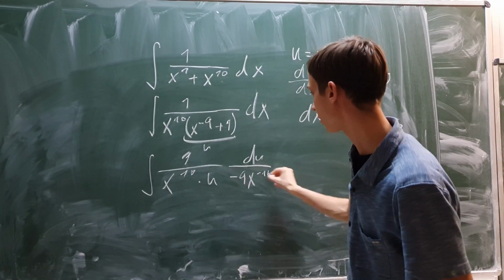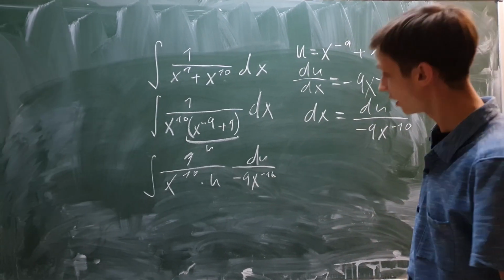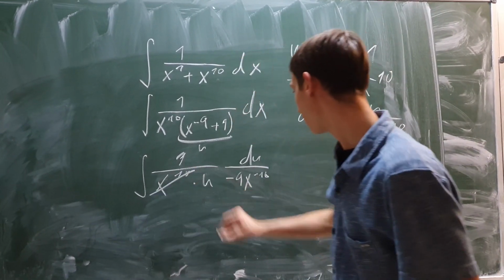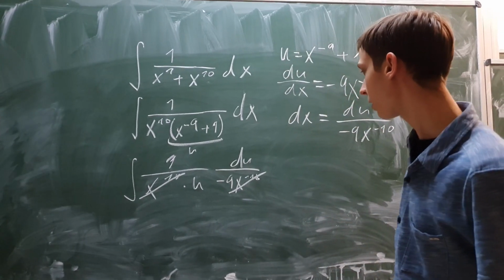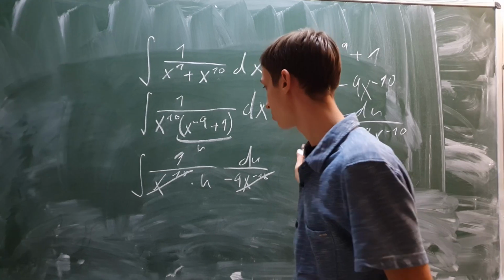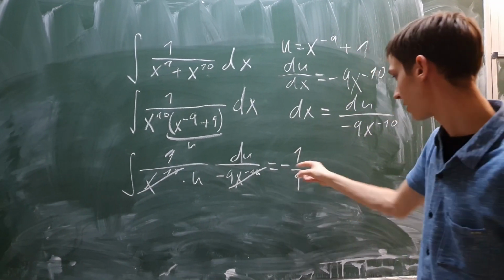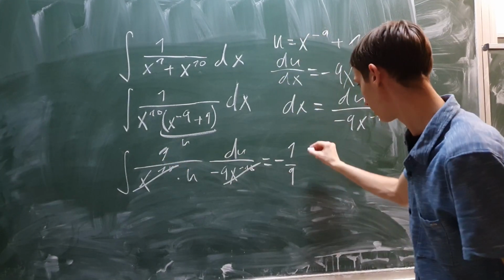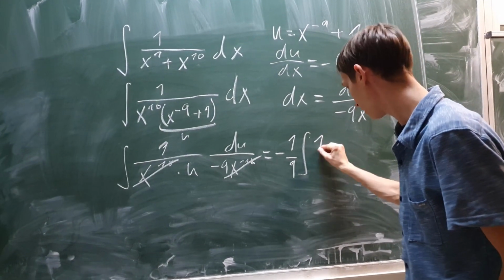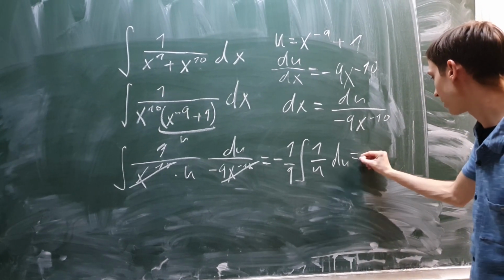And this is all argument of the integral, and as visible, that's why the u-substitution works in this case, and it works out very nicely. This x to the 10th power cancels out with this x to the minus 10th power, as well as this minus 9 in the denominator. What it means is I get this constant multiple outside of the integral. What one can do is take minus 1 over 9 out of the integral, and the only thing that's left inside the argument is 1 over u du. And what this basically ends up being is minus 1 over 9